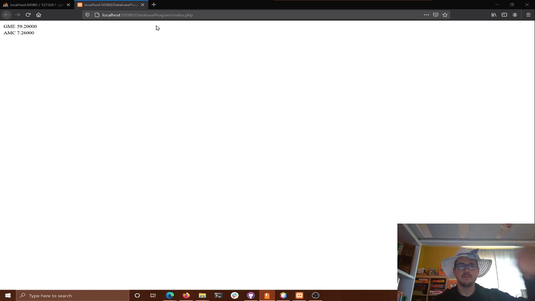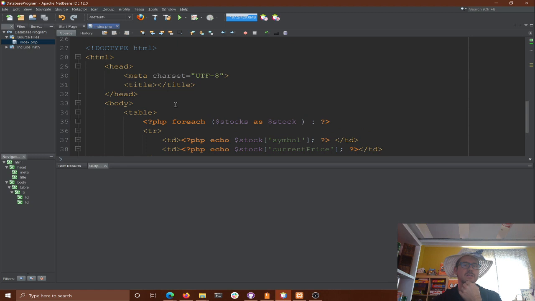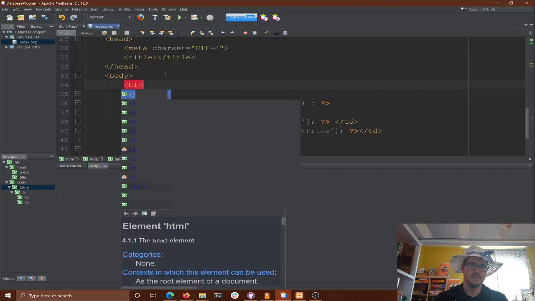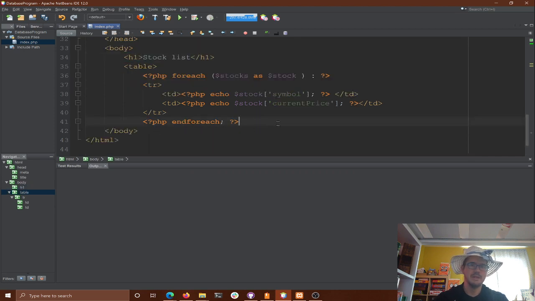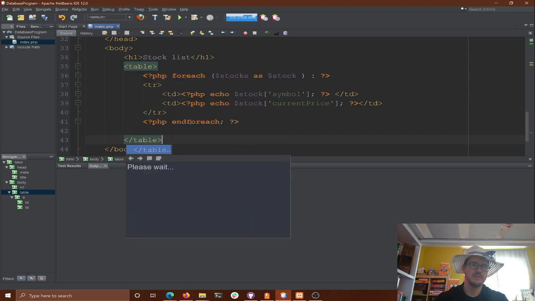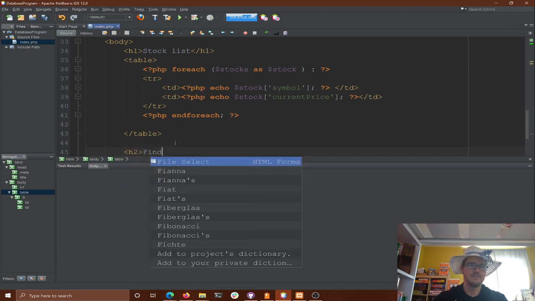All right, so now for fun, let's see if we can do a lookup. We're going to add some fields here and see if we can get something just by a particular stock. So let's put H1, my stock list. We'll do all that, and then we'll come on down. Oh, I didn't even end the table. I have terrible HTML. Sorry. Should end the table tag there. And we'll do H2, this is fine stock.